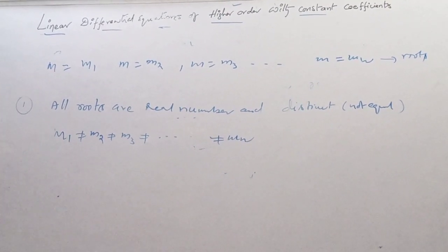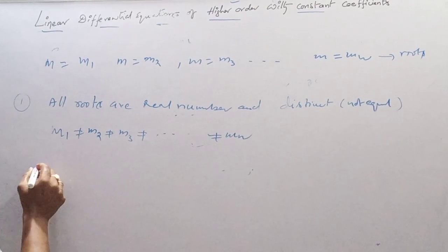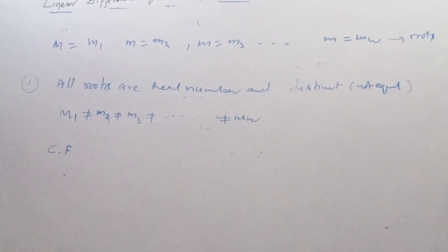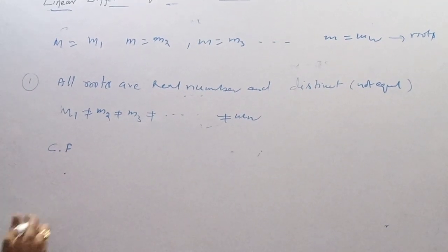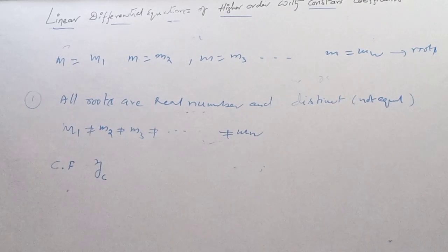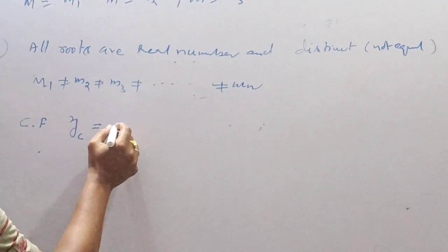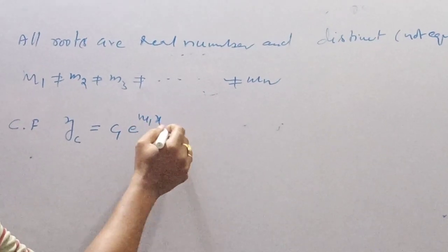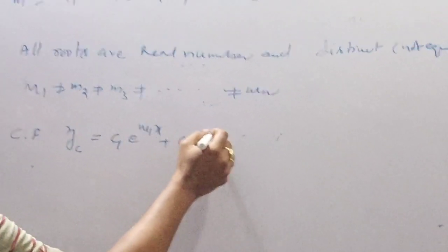So real and distinct roots, then the complementary function. I am writing CF instead of complementary function. The complementary function y_c equal to c1 e to the power of m1x,